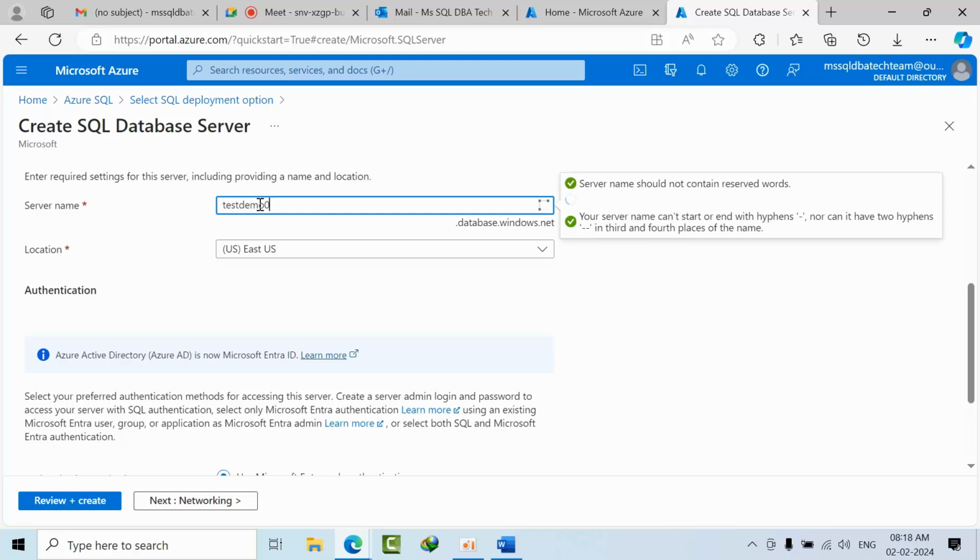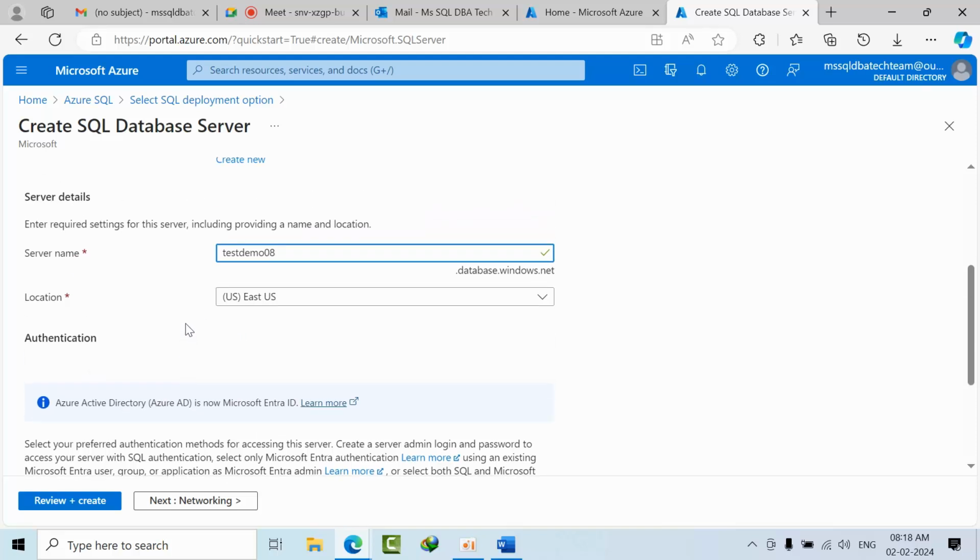07 or 08. See, the server name and everything is valid. Now for example, we are working for a US client, so the US application and everything will reside in the US. Wherever your application or database users are, you create the server in that location to avoid any network issues and latencies. It is one of the best practices, but not mandatory.